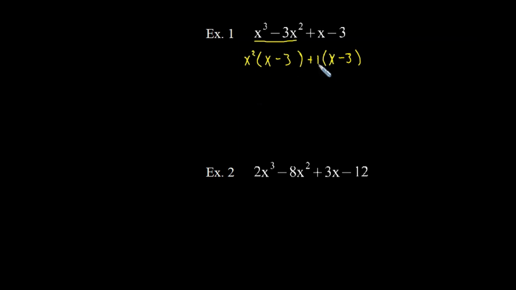Now once we do that, we're at the step where we'll form two binomials, and we will put the coefficients of our parentheses in one binomial and the x minus 3 in the other. What you're effectively doing is factoring out this parenthesis x minus 3 from both larger terms. So there is this first term, and I'm going to factor out an x minus 3, and then this is their second term, and I'm going to factor out an x minus 3. So effectively you will factor that x minus 3 out,